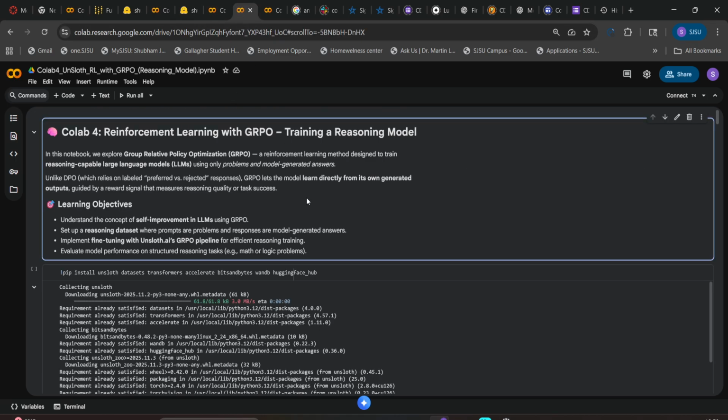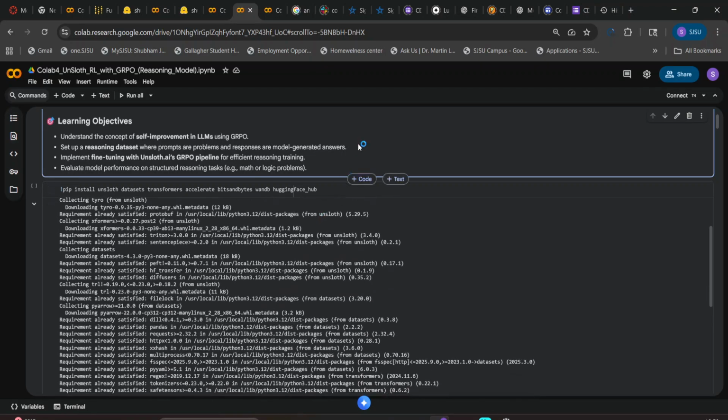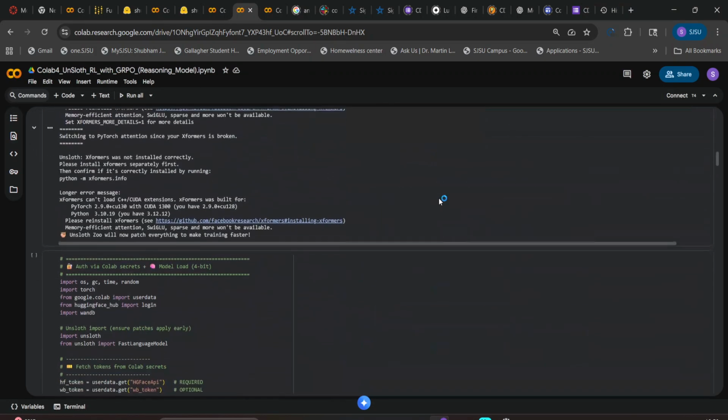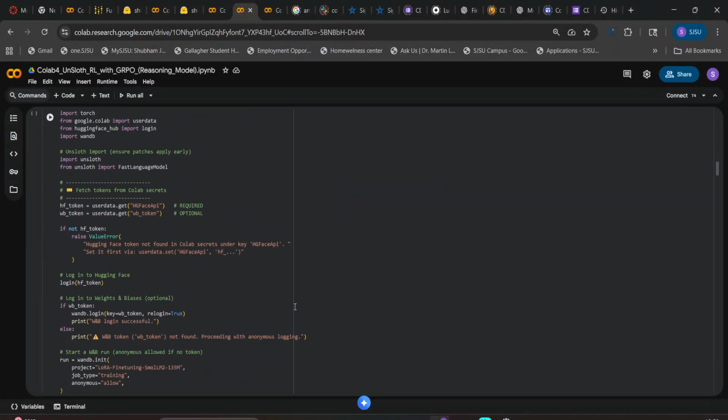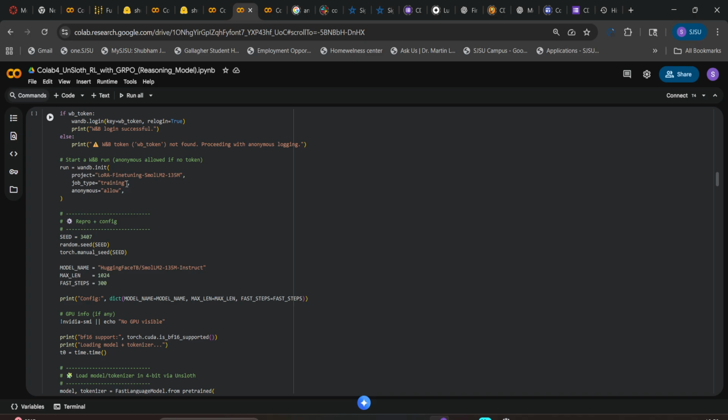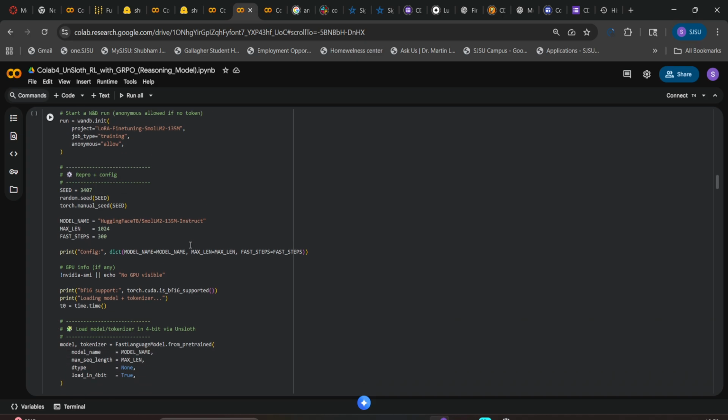Now move to part 4. Here I perform reinforcement learning with GRPO, training a reasoning model. GRPO is Group Relative Policy Optimization, and it's used for training a reasoning model. So I install all the Unsloth, datasets and Hugging Face Hub supported libraries and authenticated Hugging Face and Weights and Biases tokens, and then LoRA fine-tuning SmolLM2 135M, and then I'll